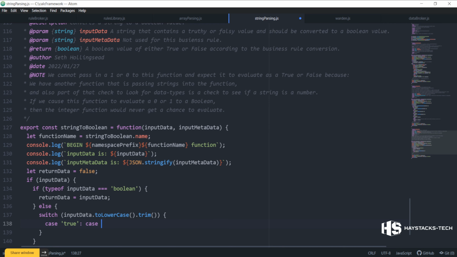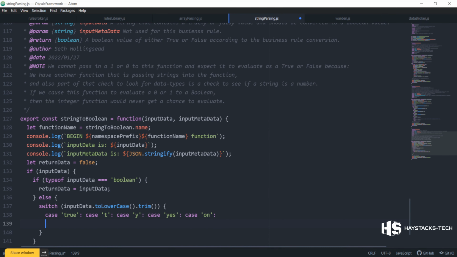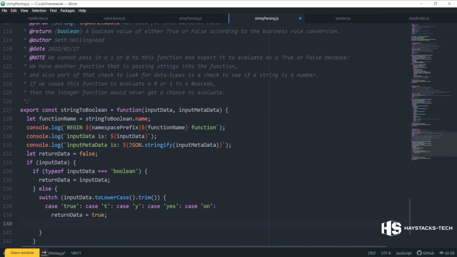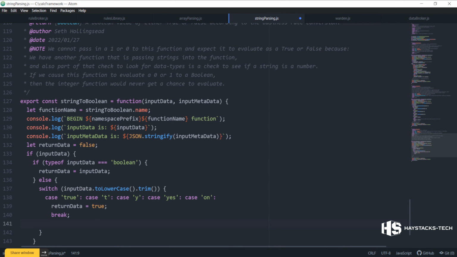So case t colon, case y colon, case yes colon, and case on colon. Okay, so if it's any of those cases, return data equals true, break,